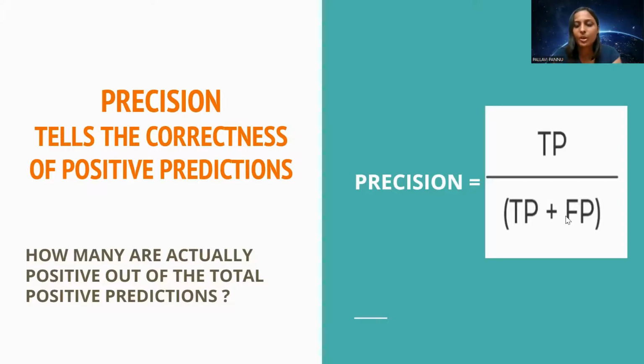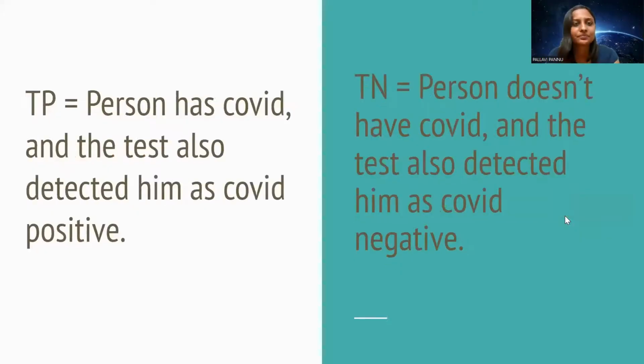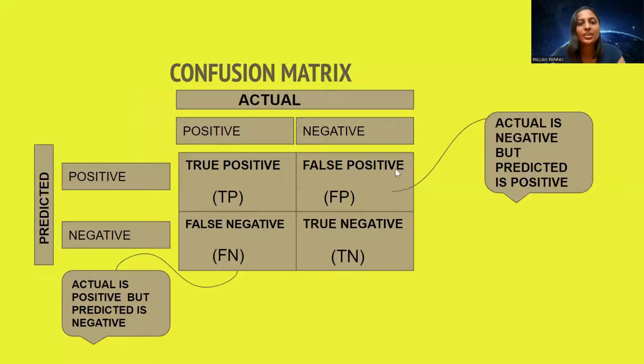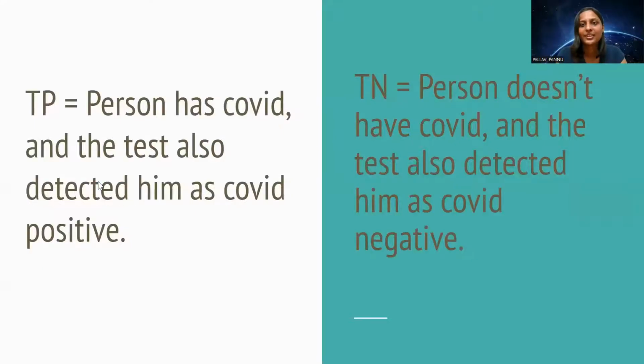So let's derive that formula. Let me go back and show you how. We are interested in TP divided by TP plus FP. In this case, TP plus FP, what is common? Actually it's changing, but the predictor is positive. So we are interested in the actually positive cases out of the cases that are predicted as positive, because it is in the first row. And the first row corresponds to positive predictions. So I hope you can easily derive this formula,